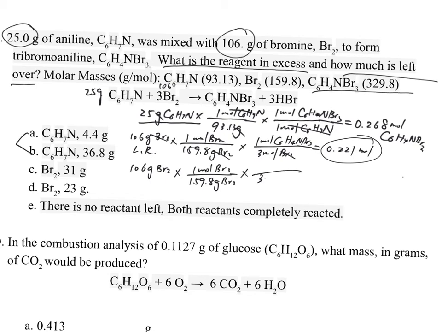Each 3 moles of Br2 react with 1 mole of C6H7N, and each 1 mole of C6H7N is 93.13 grams. So grams cancel, moles cancel, moles cancel, give me grams of